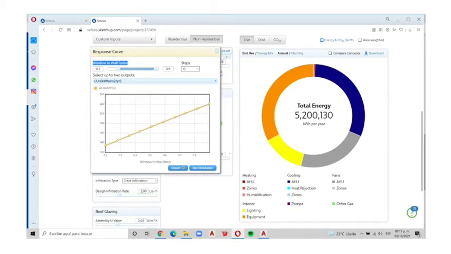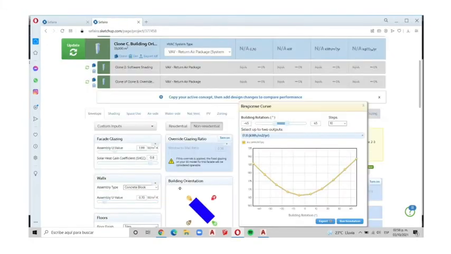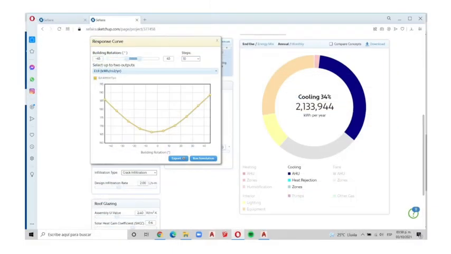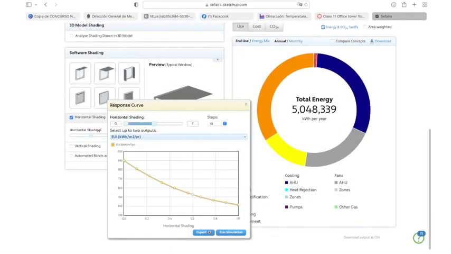This response curve performs in a similar way to the one of solar heat gain coefficient. If you have a bigger ratio, the EUI will be higher. In the third clone, we analyzed the building orientation, calculating the EUI response curve when we rotate our building from -45 to 45 degrees. And finally, the last clone was focused on the software shading, where we used the horizontal